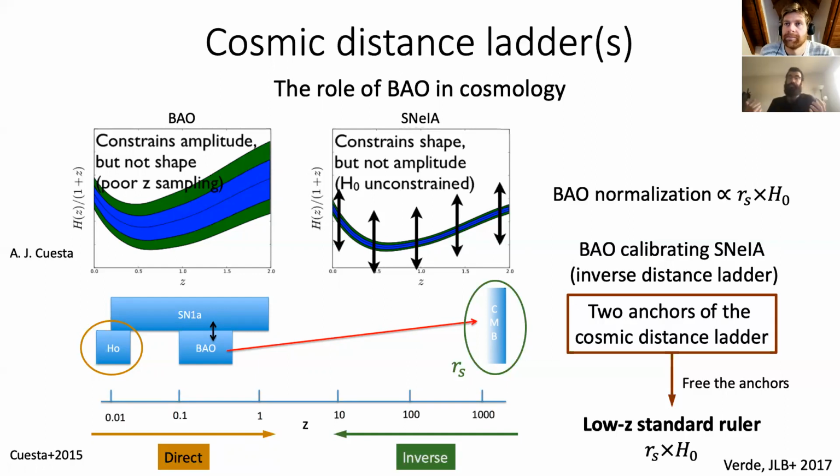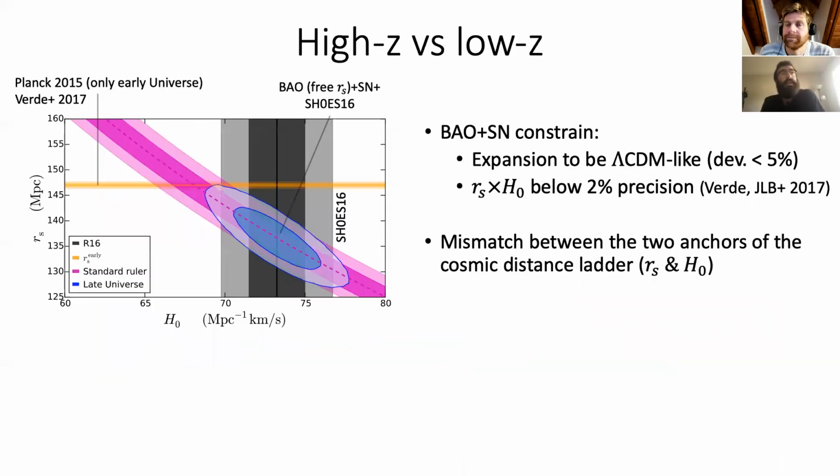Of course, these two procedures need to match. So no matter which of the two anchors of the cosmic distance ladder, which would be r_s or H0, you use, the two distance ladders need to coincide. And if you free these anchors, you can constrain directly the product, which is what we have called in some works the low redshift standard ruler. So doing this and